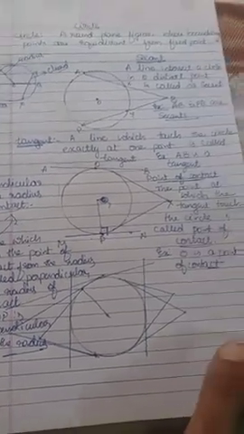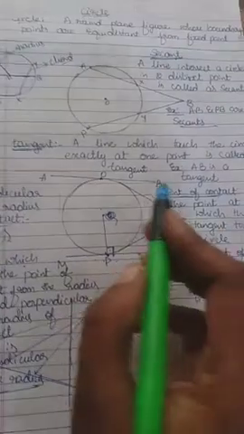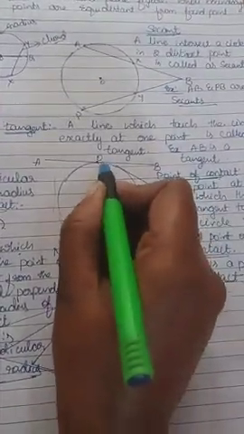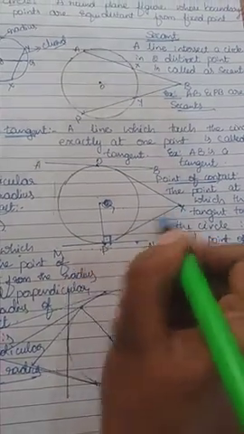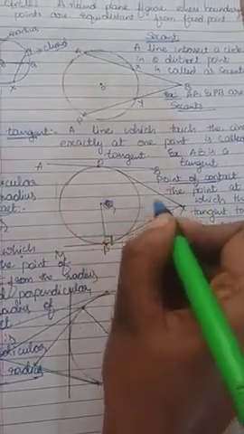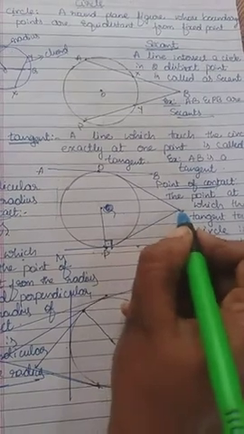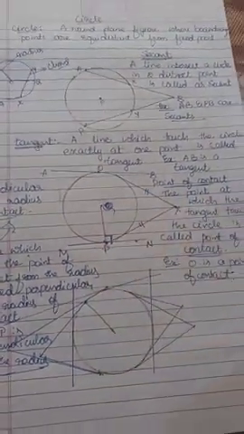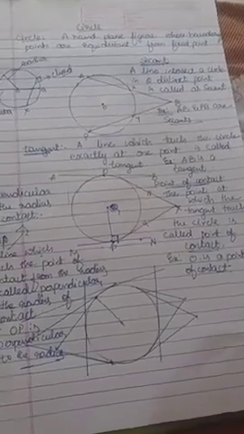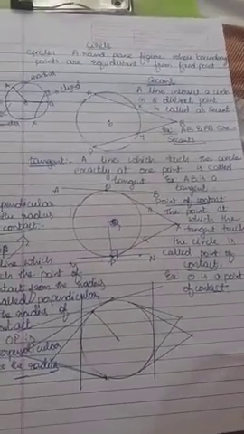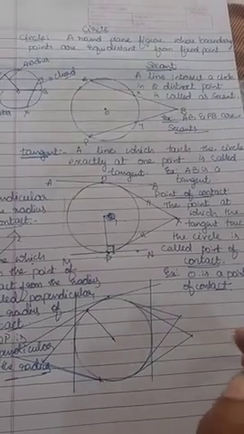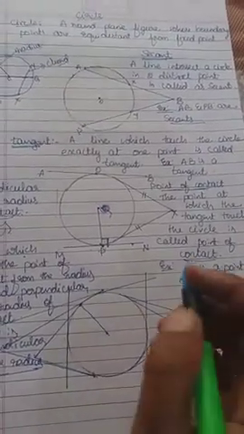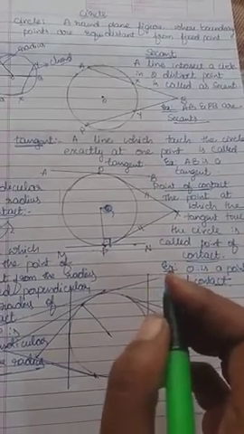Next, in a circle we can draw equal tangents. If we draw two tangents like that, they are always equidistant. I mean OX and PX are both equal. We can prove that, and based on that there will be one theorem. So you have to get to know this. These are the basic things, so hope you understand everything.